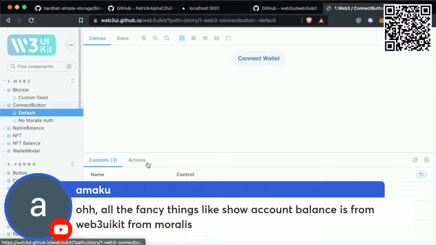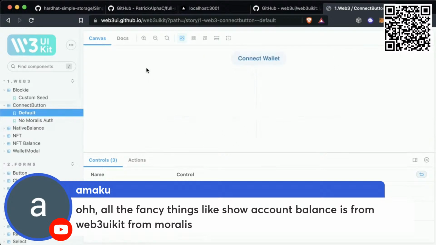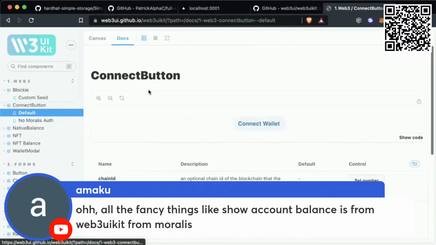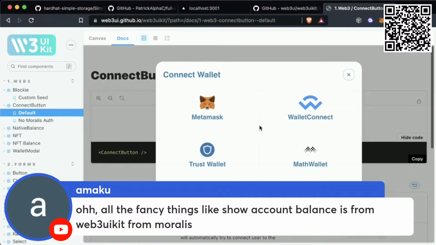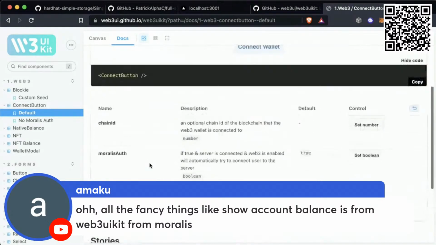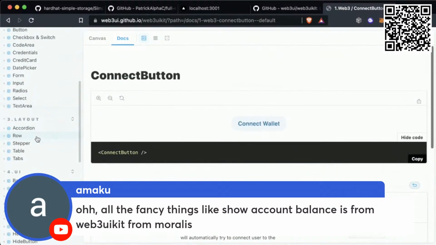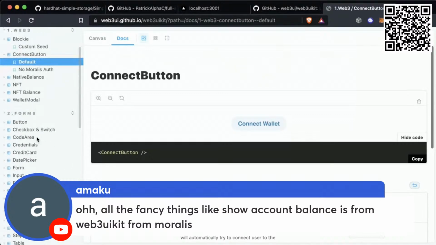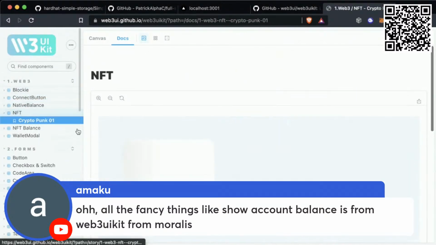You can interact with the components, then go to docs, show code, and see all the code, which for the connect button is just ConnectButton. If you want to go through this, you can see a ton of stuff that it comes with. So if you're looking to build your website with Web3 stuff, this is really helpful.